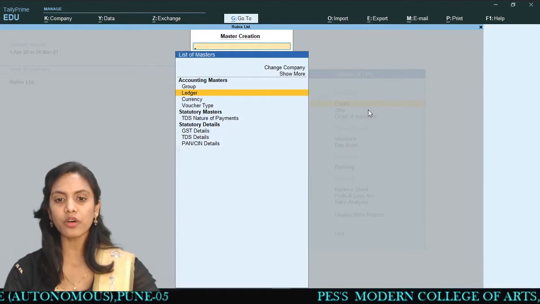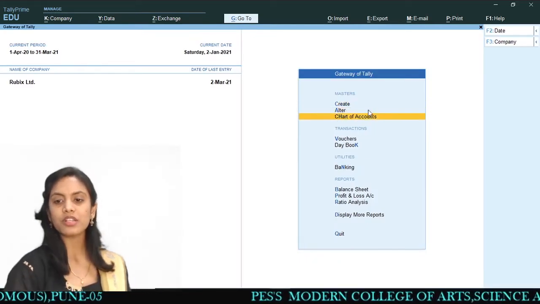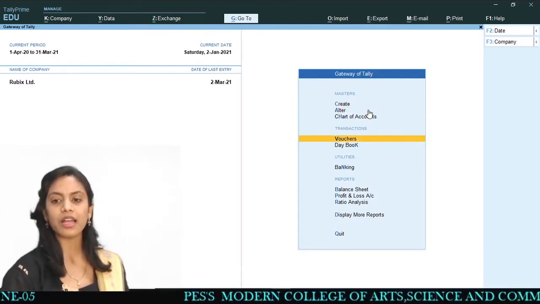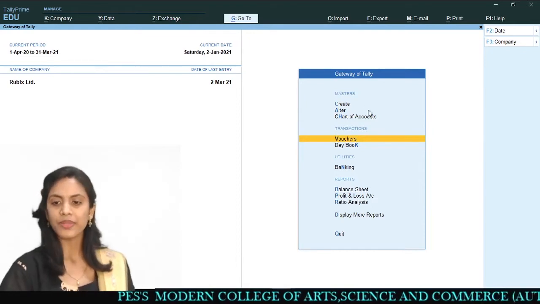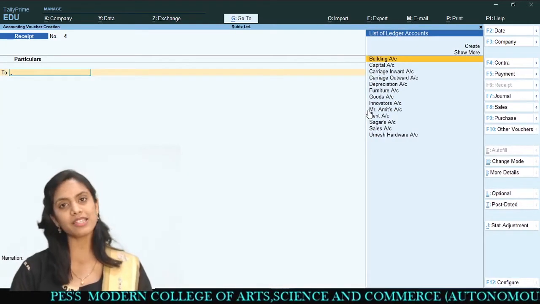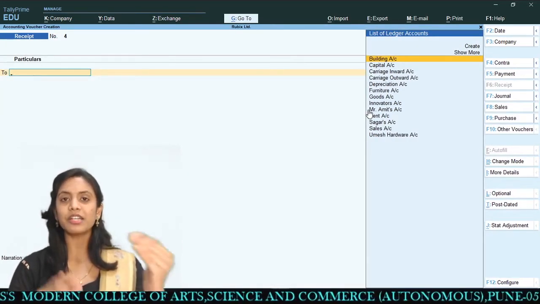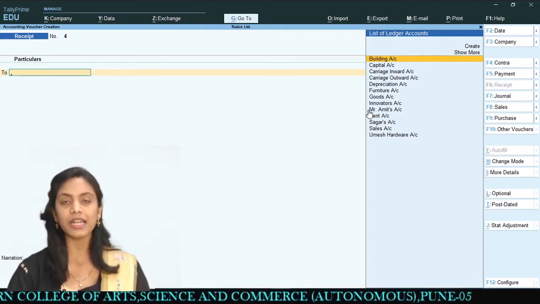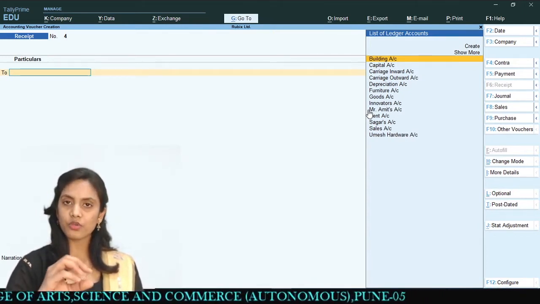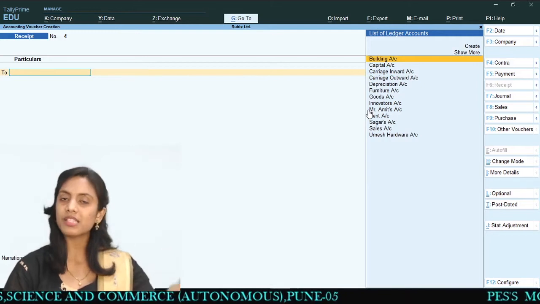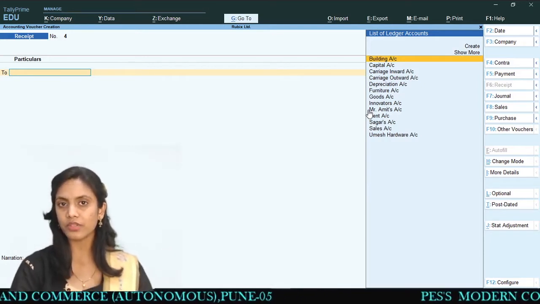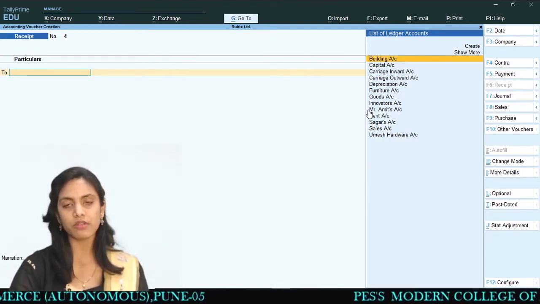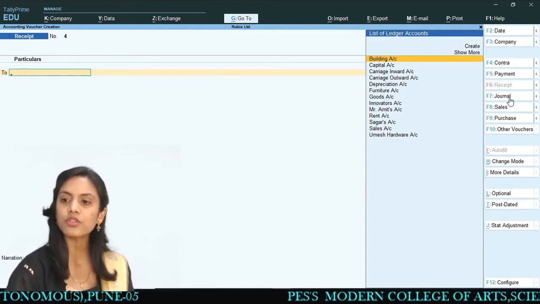Okay, so we will go for a journal entry now. For the journal entry I have to come back and choose the vouchers. For these vouchers we know what the entry is: depreciation account debited, and furniture account and building account credited, right? So the building account and furniture account are going to be credited while the depreciation account is debited. So no cash or bank is involved over here. So which voucher are we going to use? That is a journal voucher we are going to use.